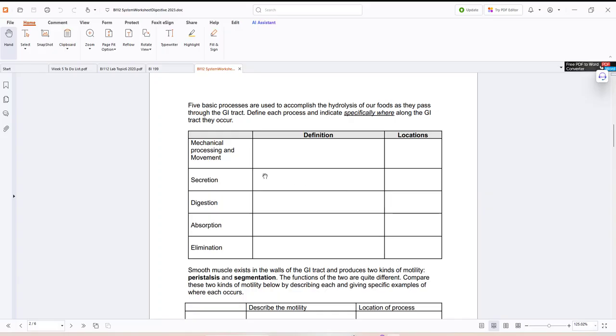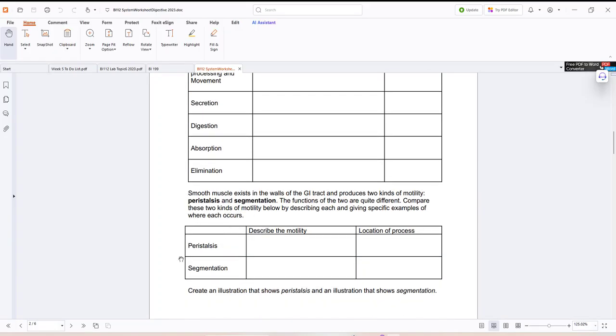It's not just in the salivary glands releasing saliva in the mouth. In the stomach, we also have gastric juices being secreted. In the small intestine, we have other glands, things like that, that are secreting things. So there's secretions going on all over the place, and you'll have to specify the different locations within the digestive tract.